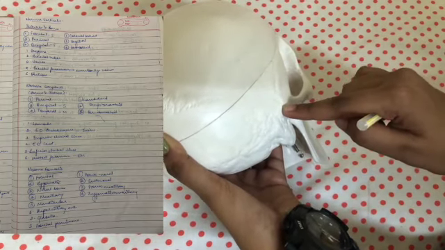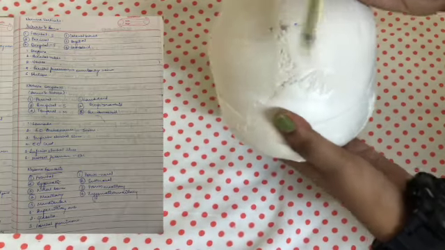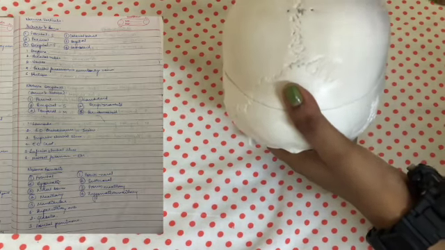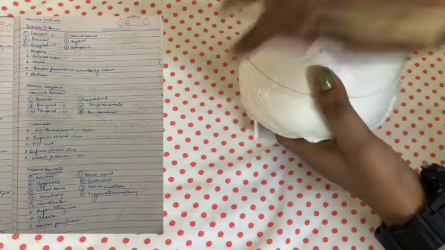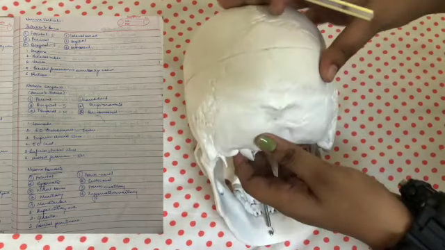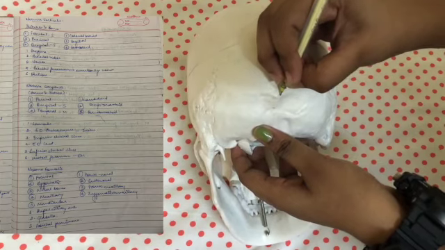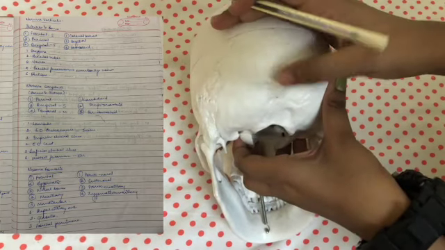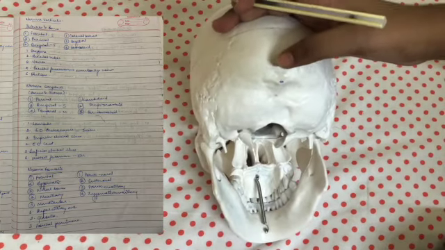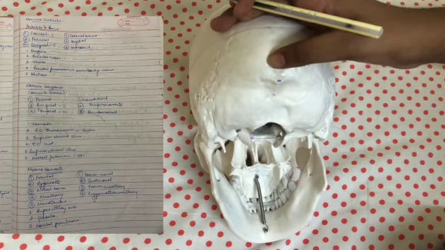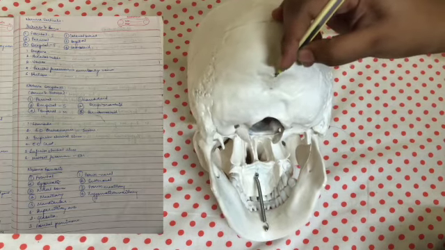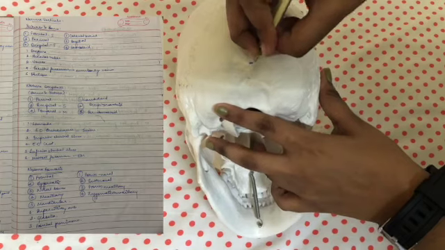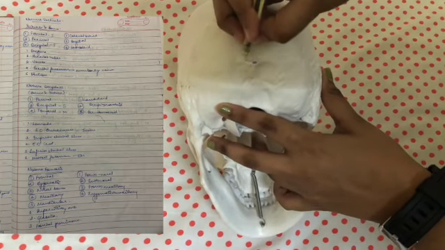Now, do you remember bregma? Now we're going to talk about another such point, which is lambda. Lambda is the joining point between the sagittal and lambdoid suture. And the most prominent elevation that you're seeing here is the external occipital protuberance. It's of great significance since it provides origin to muscles such as trapezius. And the most prominent part of this external occipital protuberance is known as inion. These two lines that you see going from the external occipital protuberance are known as superior nuchal lines.